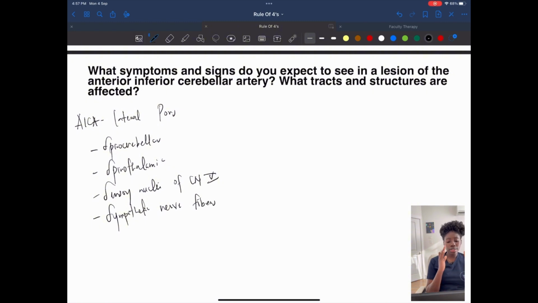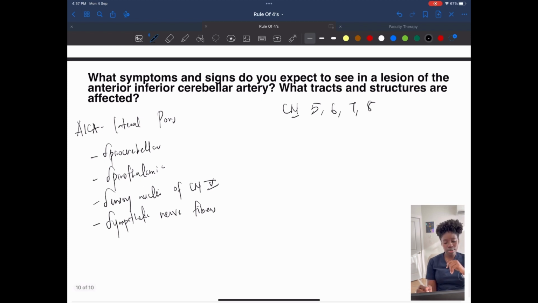All right, so these are the major structures. Now, what other cranial nerves would we expect to see in the pons? In the pons, we remember 4 cranial nerves in the midbrain, 4 in the pons. So we have cranial nerves 5, 6, 7, and 8. But we're talking about the lateral pons, right? In the middle, we would have cranial nerve 6 because it divides into 12. So 5, 7, and 8 are the cranial nerves that you would see that will possibly be affected in a